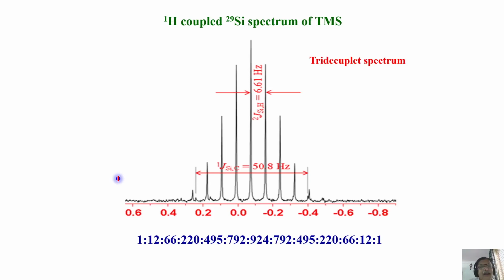In that you can see mercury spectrum with proton decoupling, you will get carbon-13 satellites. You can see carbon NMR with proton decoupling, get mercury satellites. You observe mercury NMR, you can get proton couplings. All possible things you can see. So this is the beauty of NMR when you want to do multi-nuclear techniques, multi-nuclear NMR. Varieties of possibilities you can think of, varieties of experiments you can do, and get a lot of information.